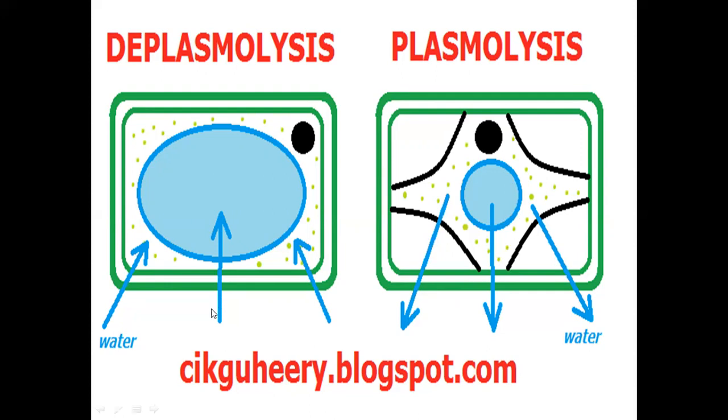What is the effect of fresh water? In fresh water, the concentration of water outside is more when compared to the plasmolysed cell. So the reverse process, that is the movement of water, will occur from a region of higher concentration to a region of lower concentration, that is inside the cell. The water will move in and the contents will gain back their original position by the process of endosmosis, and this process we call deplasmolysis. So you have understood what is plasmolysis and what is deplasmolysis, and it occurs only in living cells. It does not occur in dead cells.